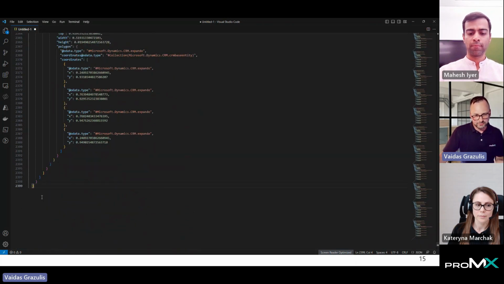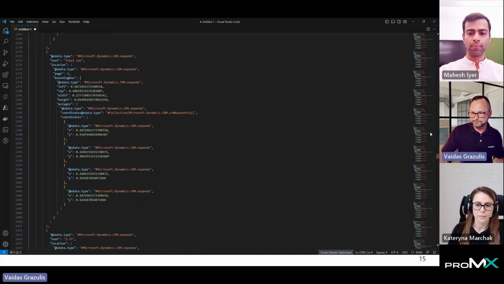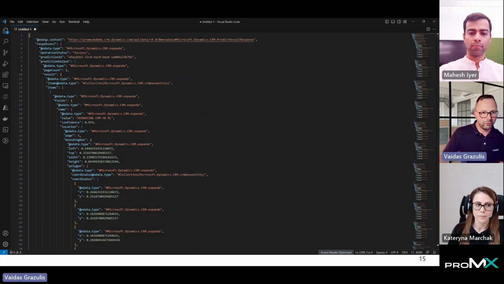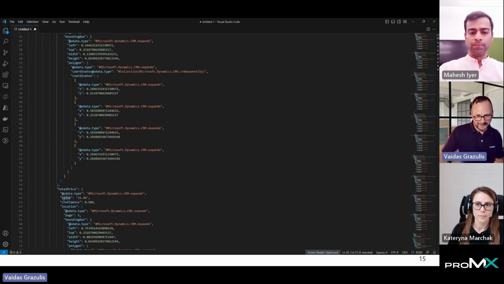We can see it even returns over 2,000 rows of code for us. But it is formed as, we can see there's a response, there's a prediction output, the status that we can check against, and then down at the bottom we can start seeing our items that are coming through. So we can see the value, the name of the item, and the value of the item. Again, that's being displayed to us as a string, so we might need some data conversion here.